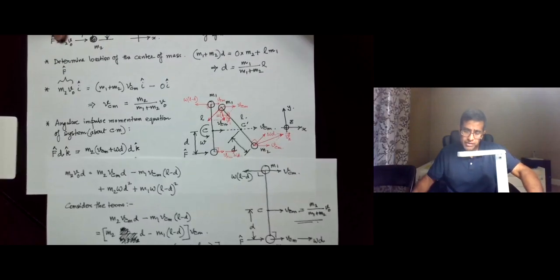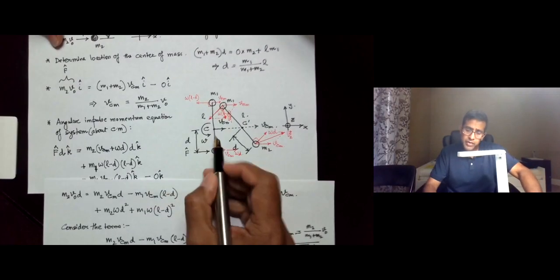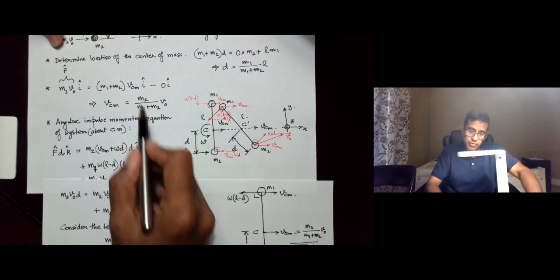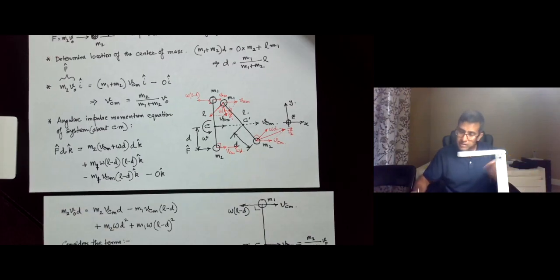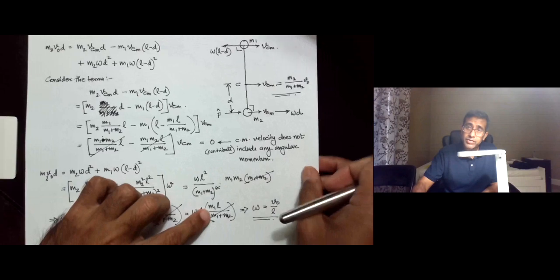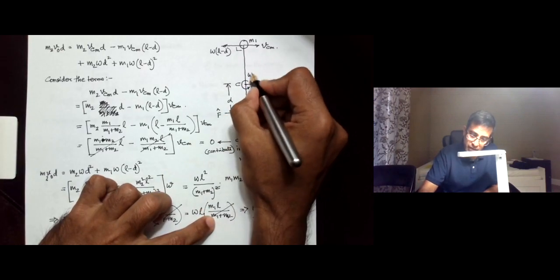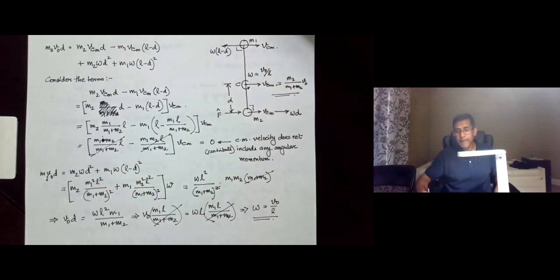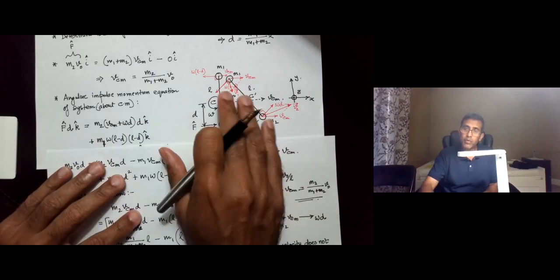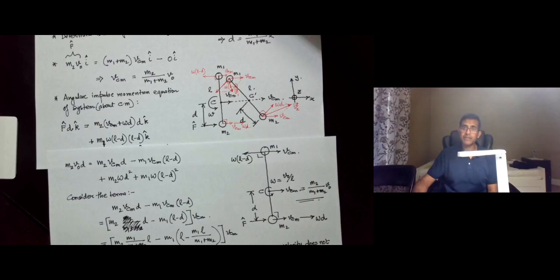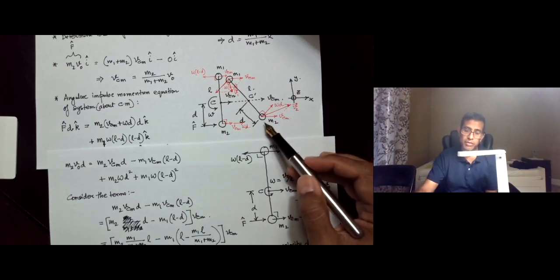So now we have a complete picture. As you see here, going back to this diagram, we have the expression for VCM, which is m2 divided by m1 plus m2 v naught, and we also have the expression for omega, so omega turns out to be v naught over L. So here, going back to this figure, we can now say that the angular velocity that is produced, omega, is equal to v naught over L. Okay, now this gives us the complete picture, because we can now integrate this knowledge of the VCM and omega with this kind of an arbitrary configuration that we had sketched to show how the velocities of the individual masses are going to change